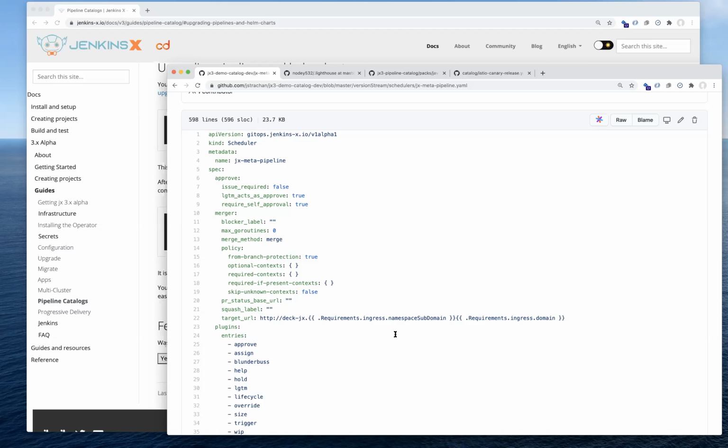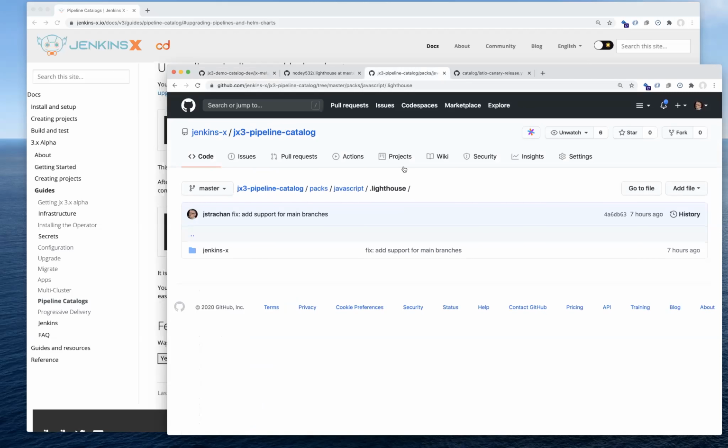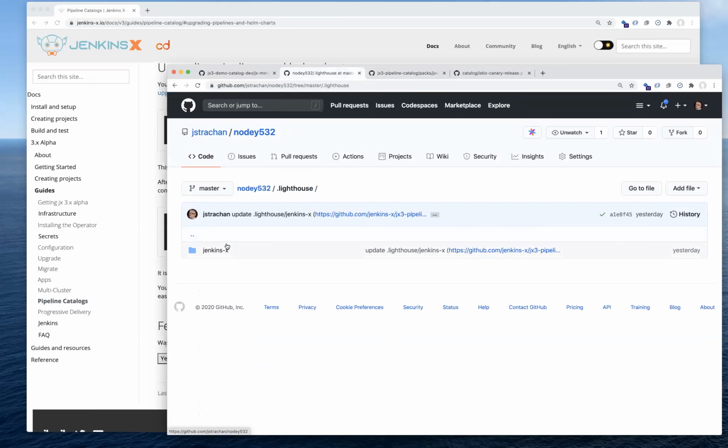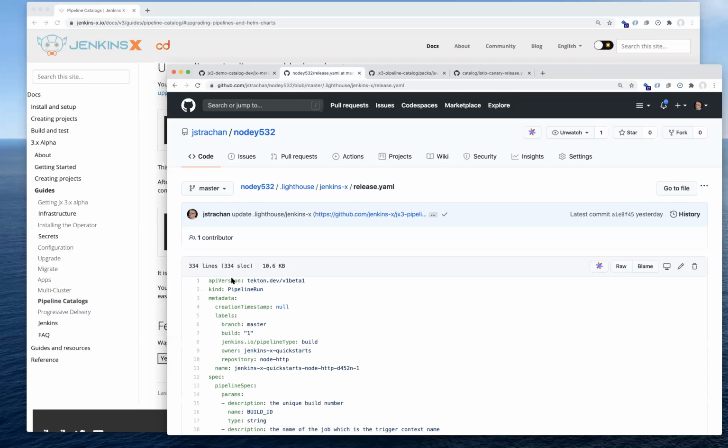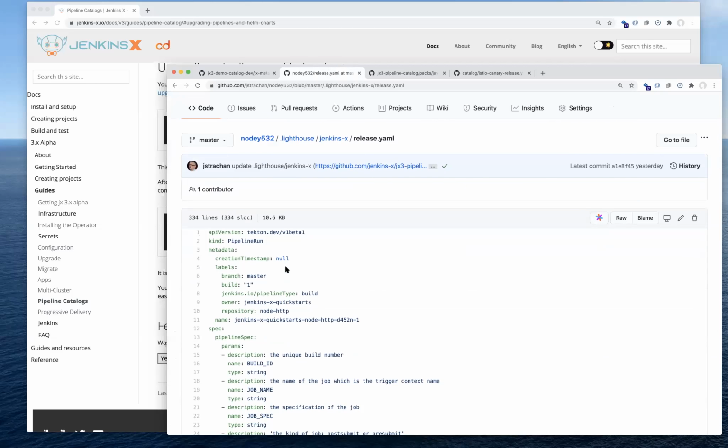Although one thing you will notice, if you look behind the curtain, is when we're using the new pipeline catalog, because the Git repository has the actual Tekton pipeline inside it. So for example, if I merge to master, Lighthouse just looks in here and says, oh, there's the pipeline, I'll just run it. So we don't use a meta pipeline by default in V3 anymore. We just run this pipeline,